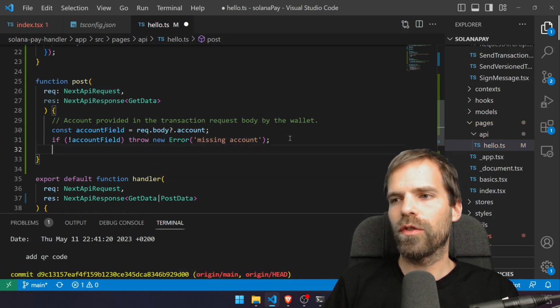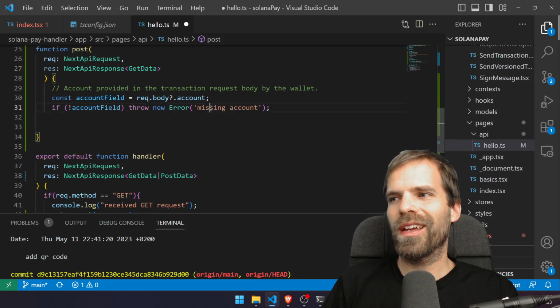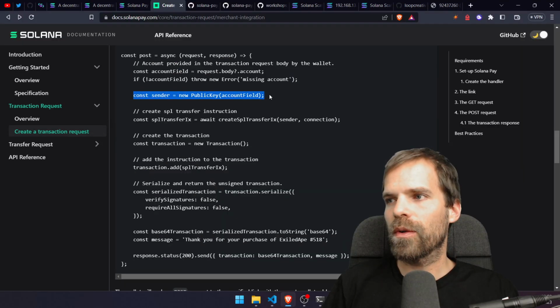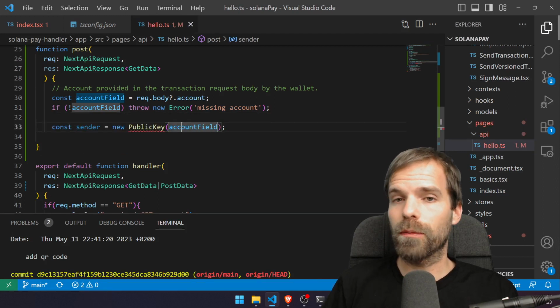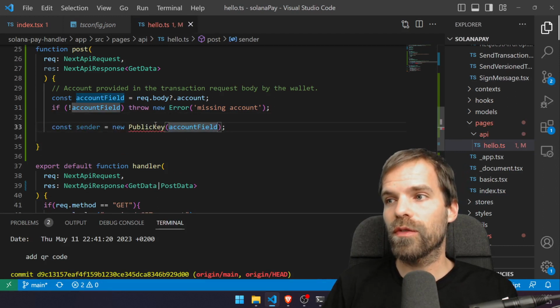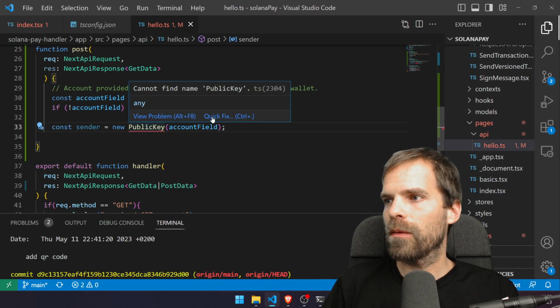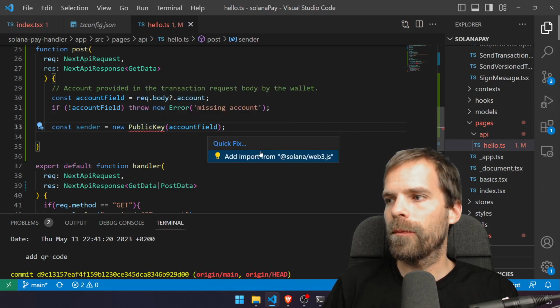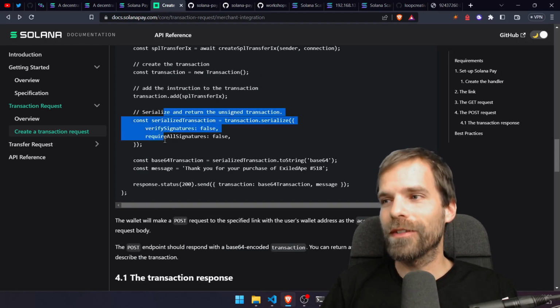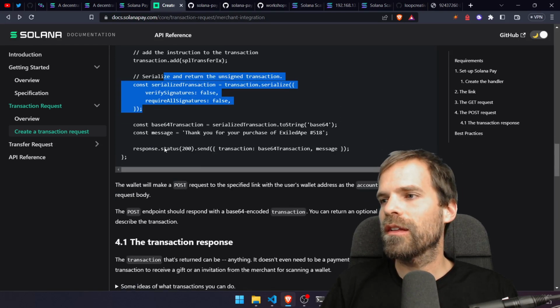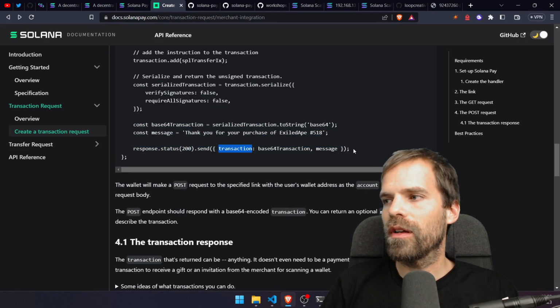Get the account. If we don't have the account, we say that ain't gonna work. Then we create ourselves a public key from that data. That's just the base58 encoded address, and we'll make a public key. Gotta import that from Solana web3. And then we can essentially do what we want until we serialize the transaction